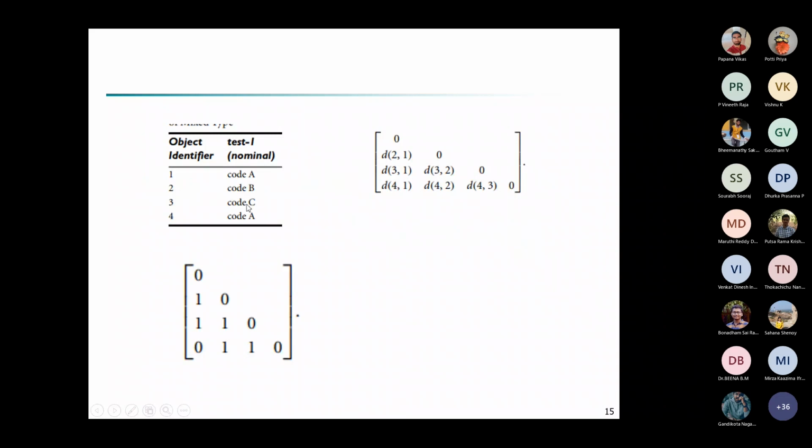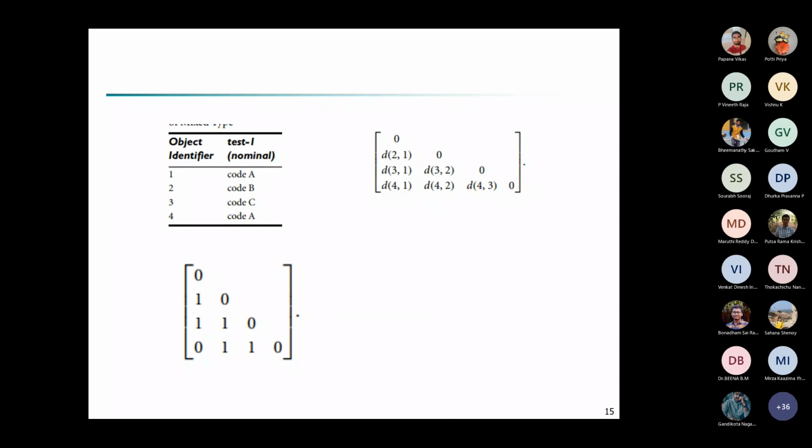So you should be writing m by p, where m is the number of matches, which is 1, and p is the number of attributes, which is again 1. So that is 1 by 1, which is 1. And it makes sense, isn't it? Instance number 1 and instance number 4, if you compare, both have the same value. So of course the similarity is 1, which means they are exactly similar. So that is the meaning.